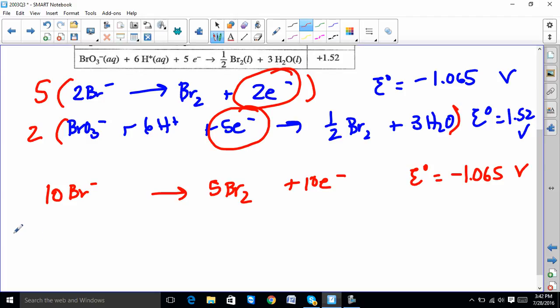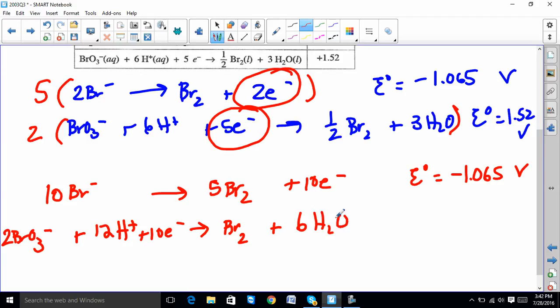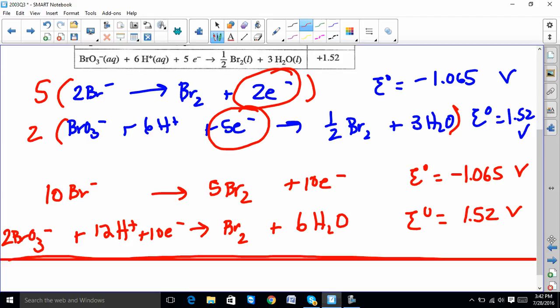All right, so now I have 2 BrO3 plus 12 H plus 10 electrons goes to Br2 plus 6 H2O. And again, the cell voltage does not get multiplied because it does not depend on the amount of matter present. If I add these together,